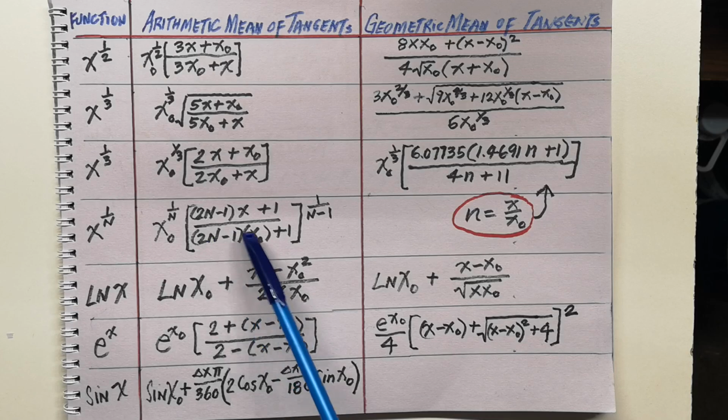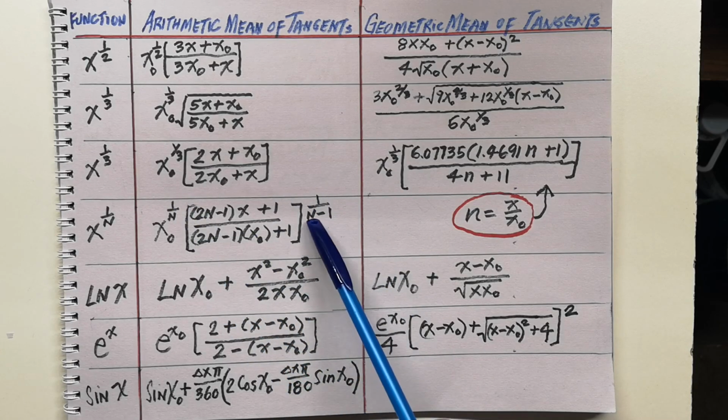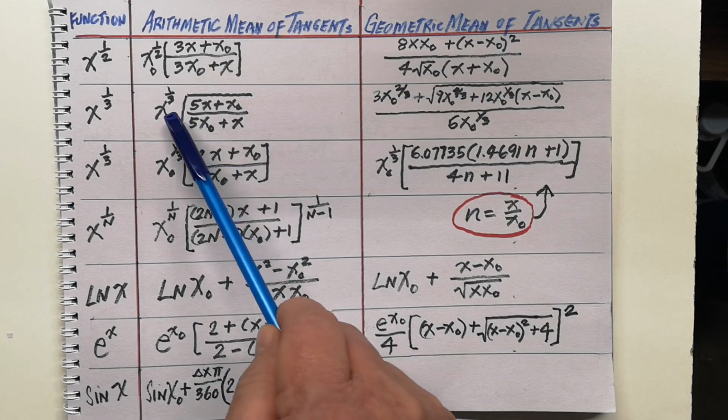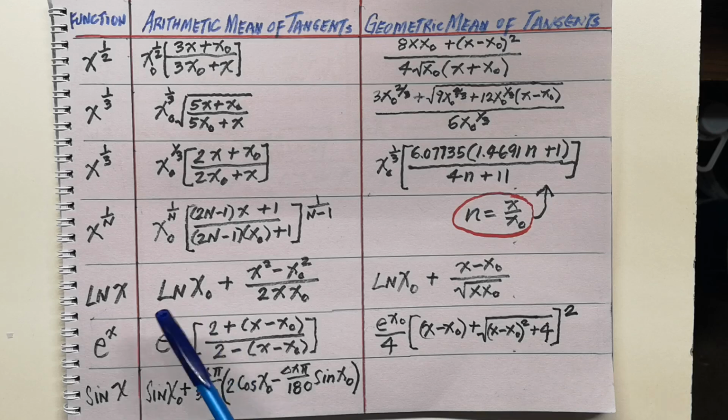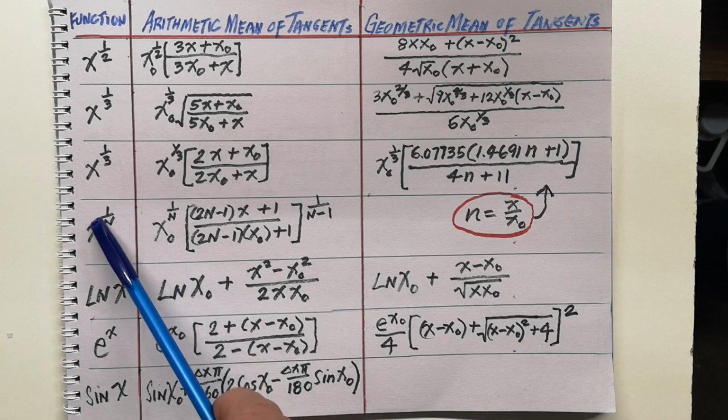Minus 1, that's 5x sub 0 plus 1, the quantity raised to the 1 over n minus 1. As for cube root, it's 3 minus 1. Therefore, you get a square root here. So if you want to find the 100 root of x, 1 over 100,